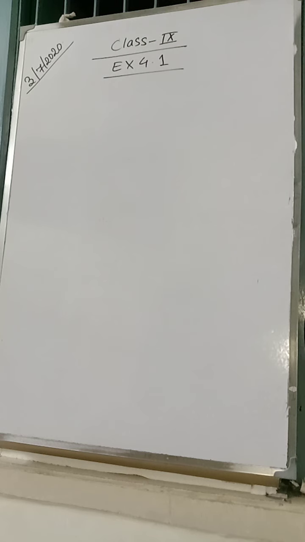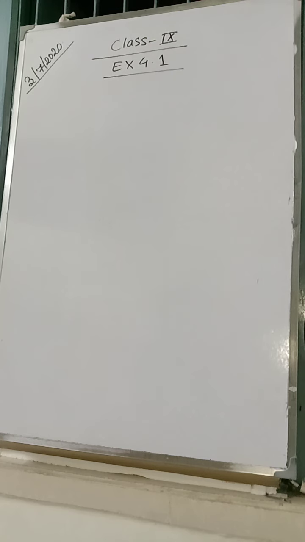Today we'll finish exercise 4.1. Afterward, you have asked me to explain chapter 8 and chapter 9 again, and I will be explaining those chapters. But there are a few sums left in exercise 4.1, so we are going to finish that first. Then we'll discuss the sums which you have asked as doubts, and I have sent it as a PDF. Please open the PDF and write it in your copy so we can discuss. When I explain, you can understand it.